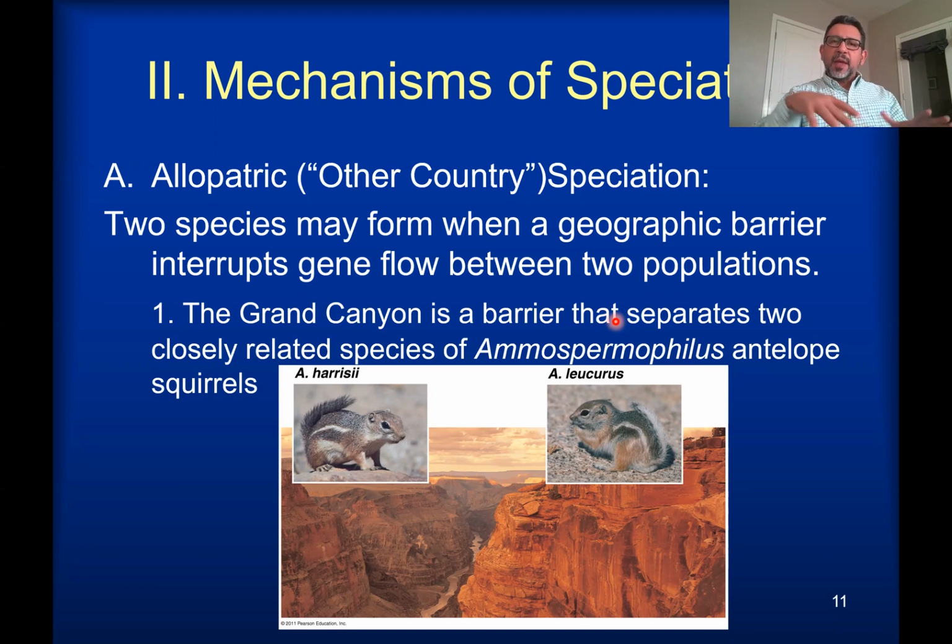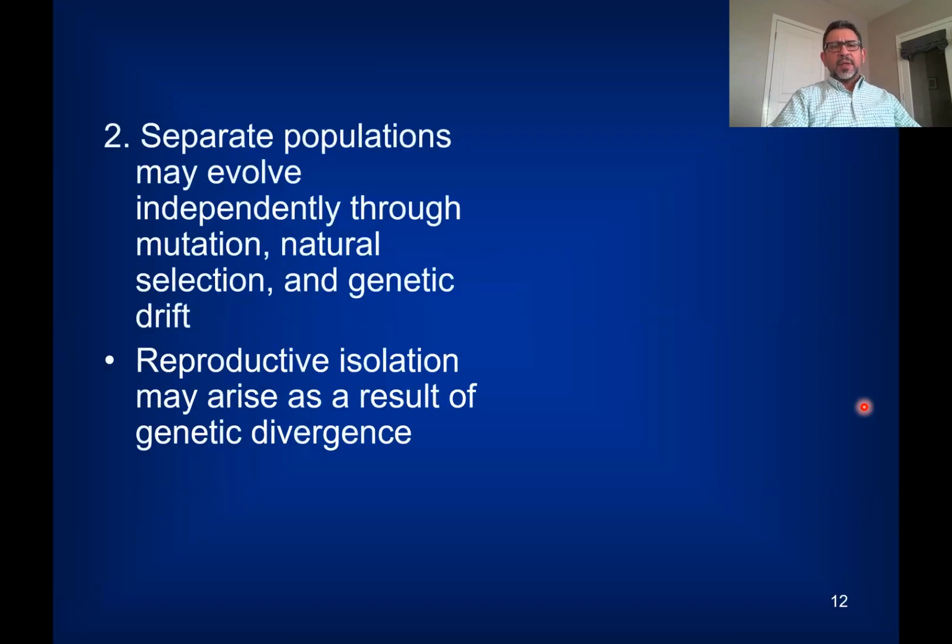to another. And so as the two species separated by the Grand Canyon continue to change over time from a genetic point of view, mutations can accumulate or gene flow may lead to the loss of alleles. These two species are going to remain separate and continue becoming more and more different from one another over time. So that's the concept of allopatric speciation. I think this is going to be the one concept that is the easiest one to relate to.